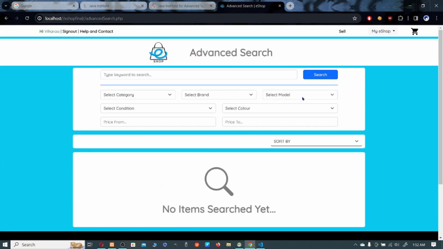As you might know, I did a video about the designing part of the advanced search page. So yes, in this video I'll be discussing the programming part. So moving on,